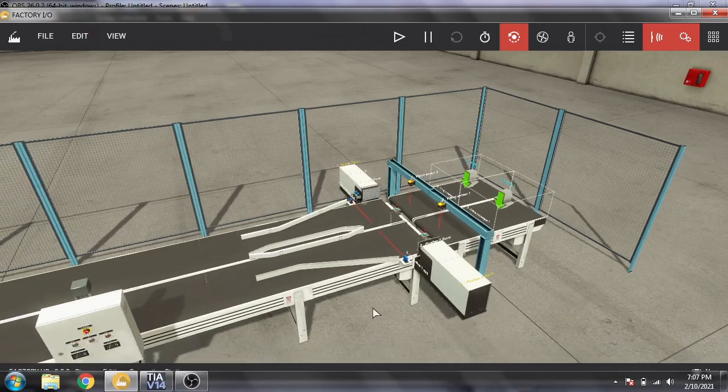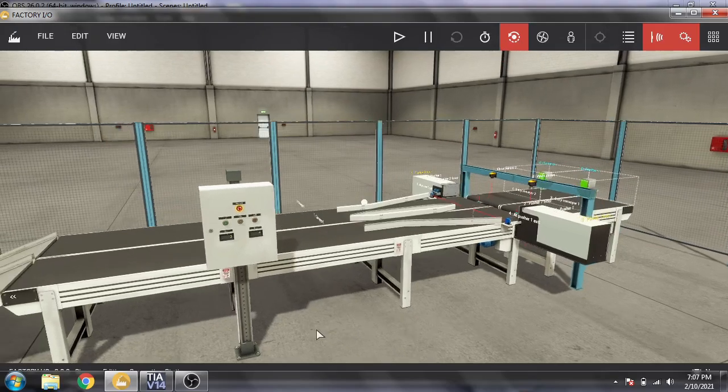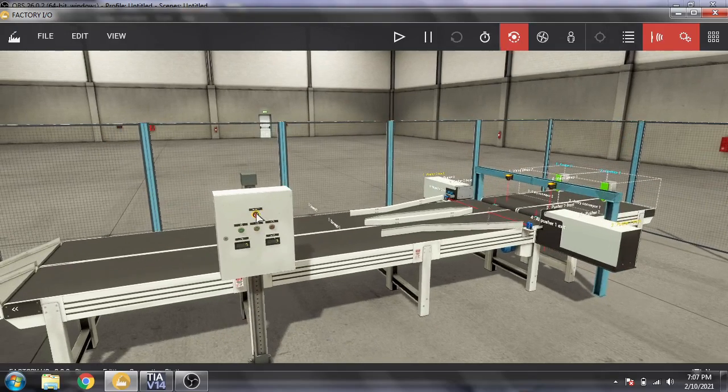First of all, I am going to the panel. Here is our panel, and you will see there is an emergency button, which I don't use, and a reset button, which has a built-in light, and I don't use it either. There is a stop button, which also has a light, and I don't use it in my program. There is a start button with a light in it, so we are going to use the start button. There is a counter 1 and a counter 2.